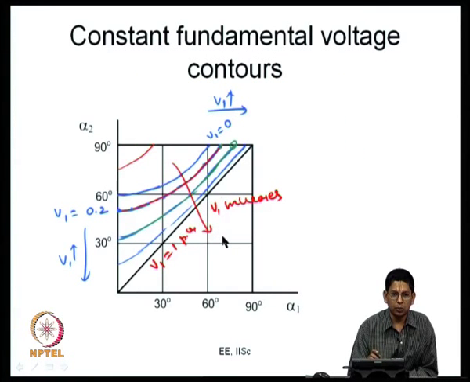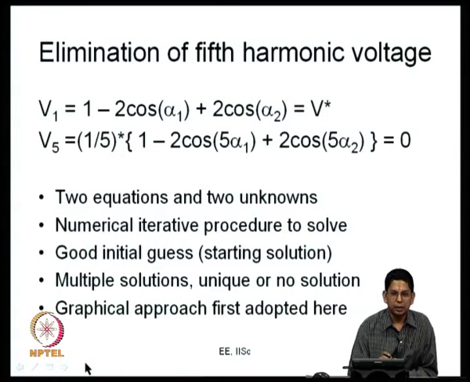So, this is how the fundamental voltage goes, and we also saw that you can think of a PWM technique as a locus of a point which starts from one point on this curve V 1 is equal to 0 and moves towards V 1 is equal to 1 or some V 1 maximum that we would want. So, we are now looking specifically at the problem of eliminating a particular harmonic voltage. Since we have two switching angles, there are two independent variables available, we can try to control the fundamental voltage and also try to eliminate one of the harmonics. In this case, we will try and eliminate the fifth harmonic.